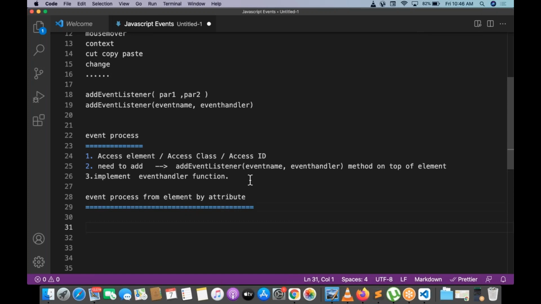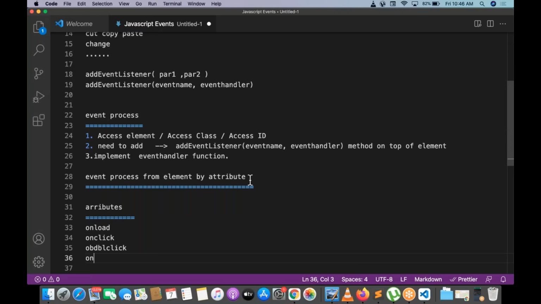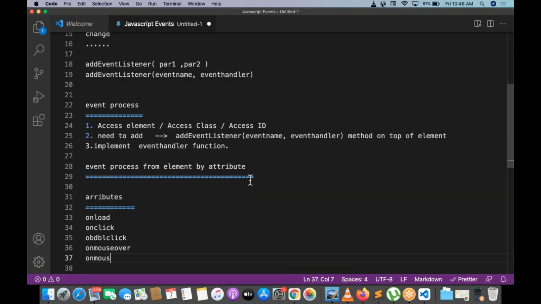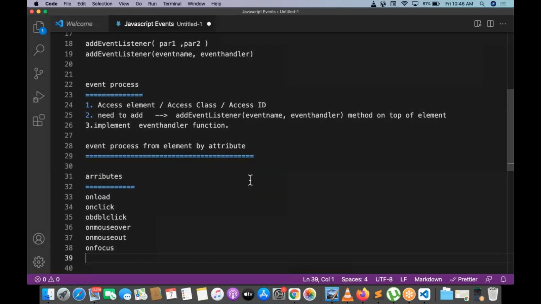To do that, for each and every element there are multiple kinds of attributes available. What are the different attributes? onload, onclick, ondblclick, onmouseover, onmouseout, onfocus, onblur.